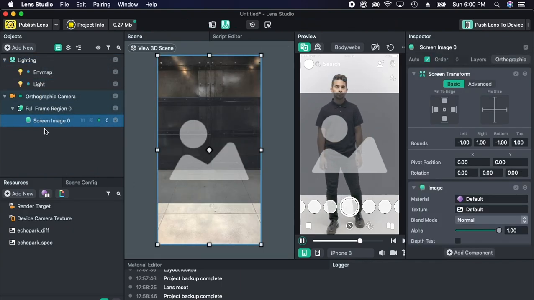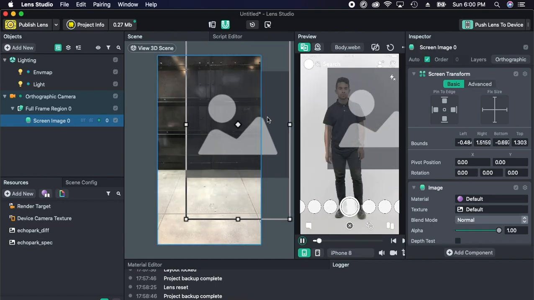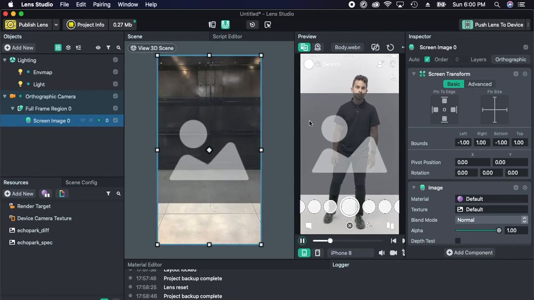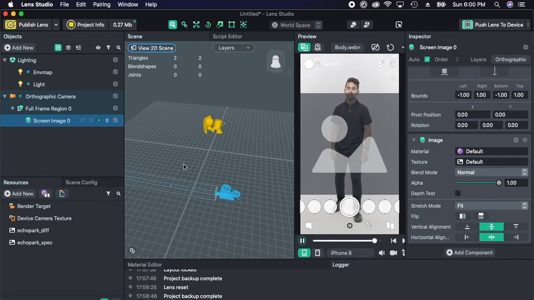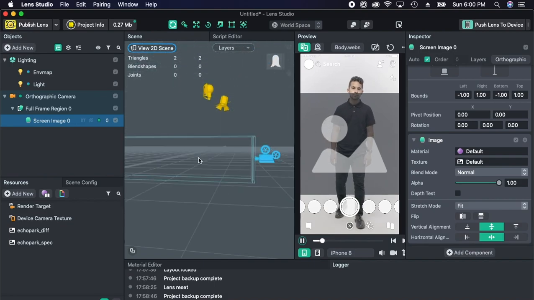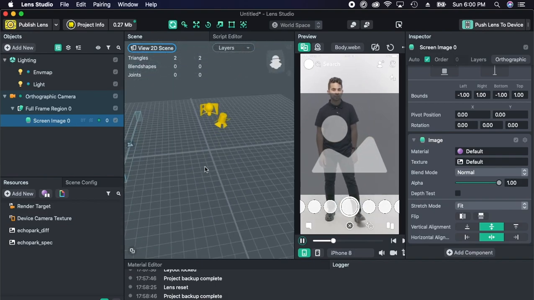Whenever you click on this, you'll be taken into a 2D based image where you can move the options to cover the screen, and you will be seeing other things over here. If you want to go into the 3D space, you can click the button over here and come into the 3D space. You can just see over here.